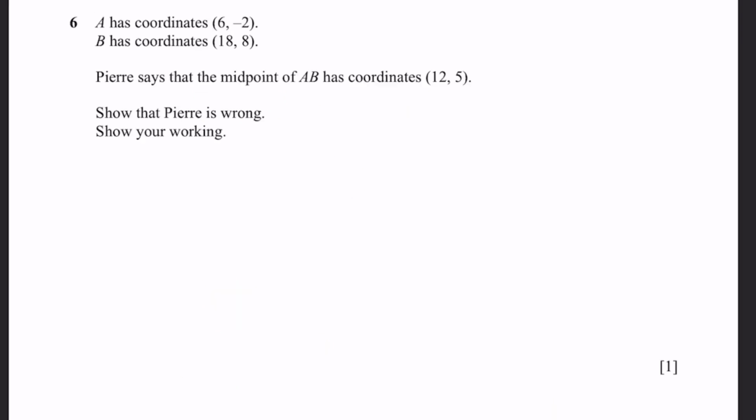Question 6. A has coordinates 6, minus 2. B has coordinates 18, 8. Pierre says the midpoint of AB has coordinates 12, 5. Show that Pierre is wrong. Show your working. So x value of midpoint